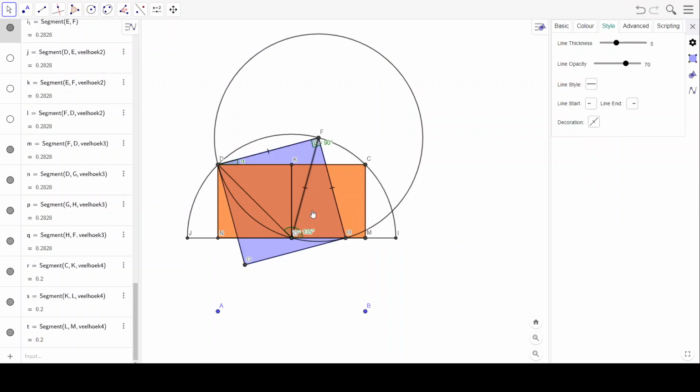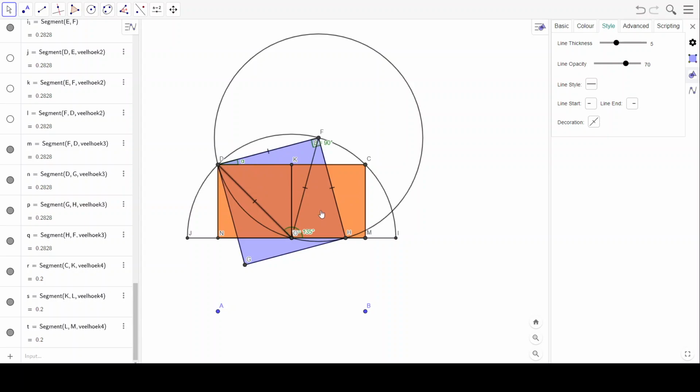has exactly the same length as those 2. So I put it like this. But of course we have here another radius of the lower circle. And now we are in business, because here